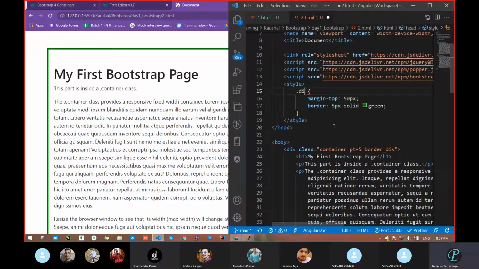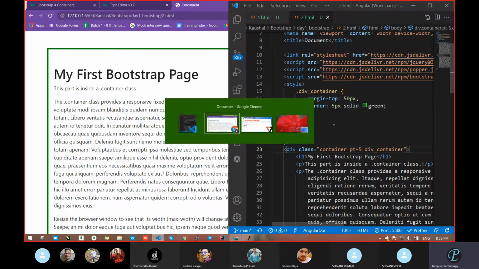Okay, you are telling div. Next, underscore container. Fine. You can write any name, that's not an issue, but you have to know the meaning of it. Slowly, when you work on a project, you will get this idea because there you will get real-time sections.